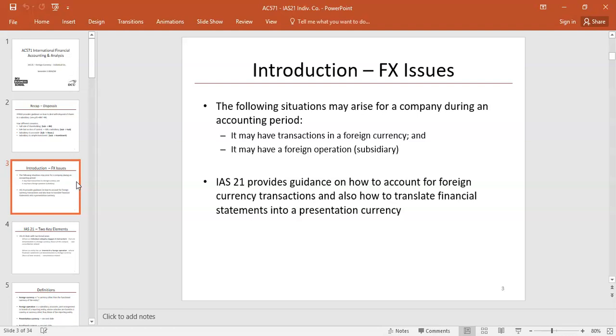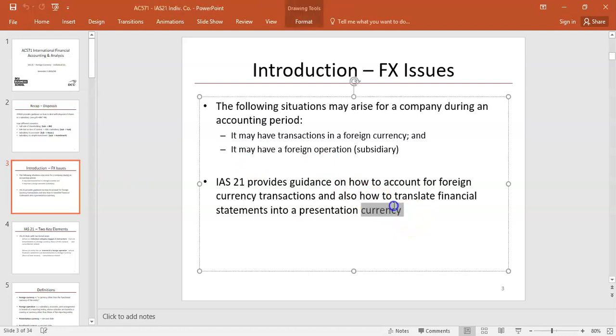So individual transactions that any company engages in, doesn't matter whether it's a group or an individual company, that's covered in the first part of IAS 21. The second part of IAS 21 focuses on what happens if we have a foreign subsidiary and we need to translate financial statements into the group, i.e. the group currency, which would be the presentation currency. So we need to have rules around, well, how do I calculate goodwill? What do I do with foreign exchange gains or losses on acquisition and post-acquisition? So that's much more complicated, and that's probably the hardest area of group accounting, and we'll have a separate recording